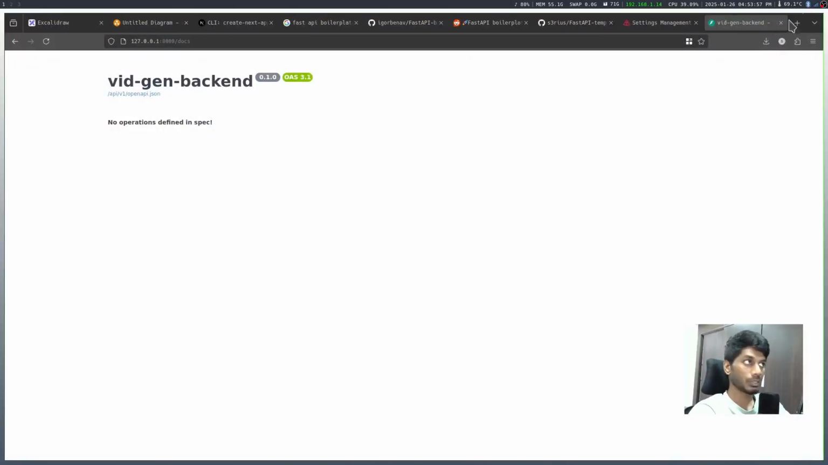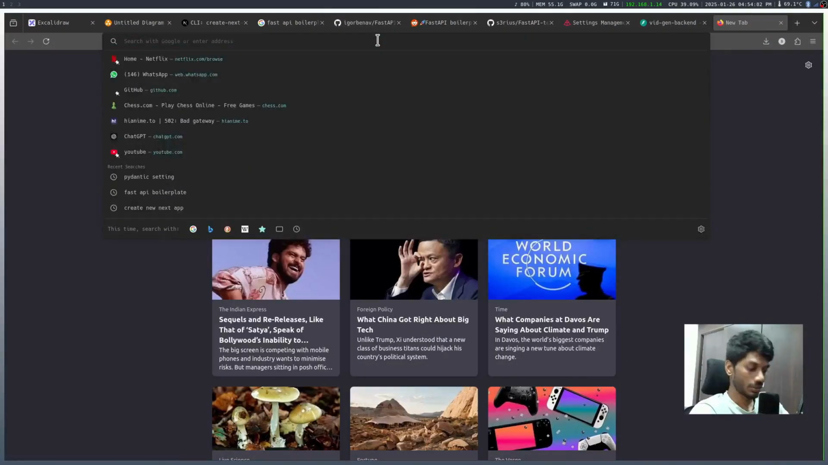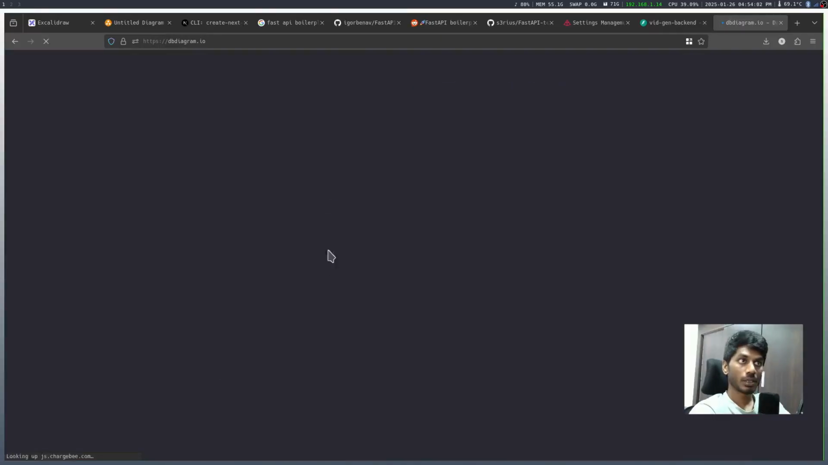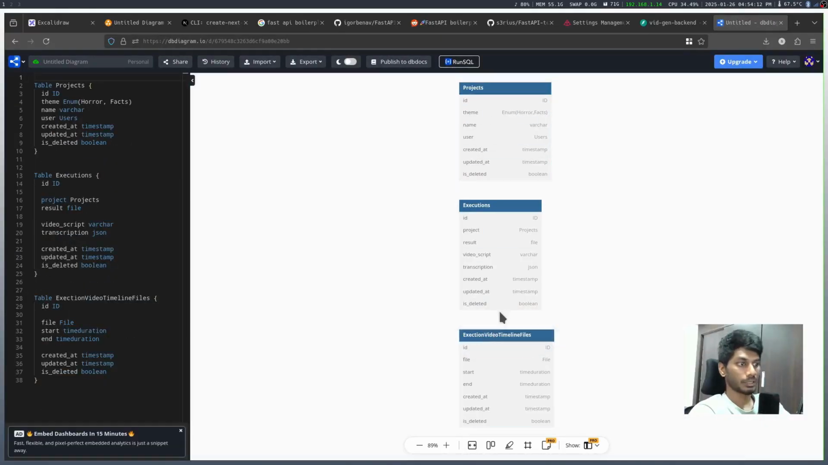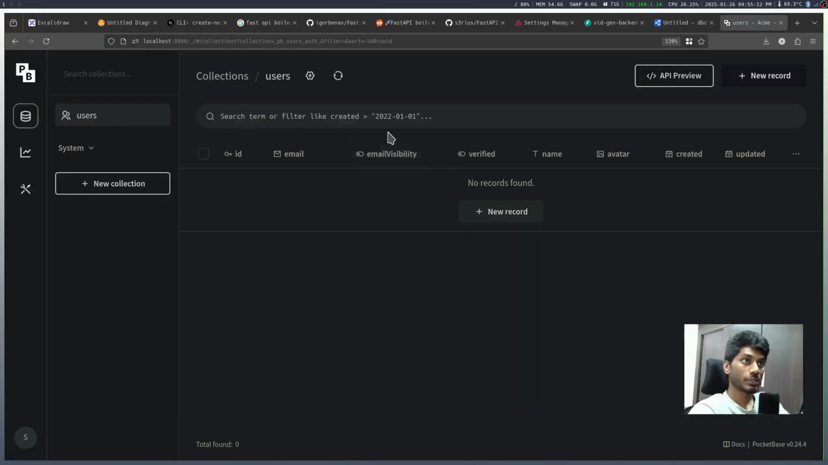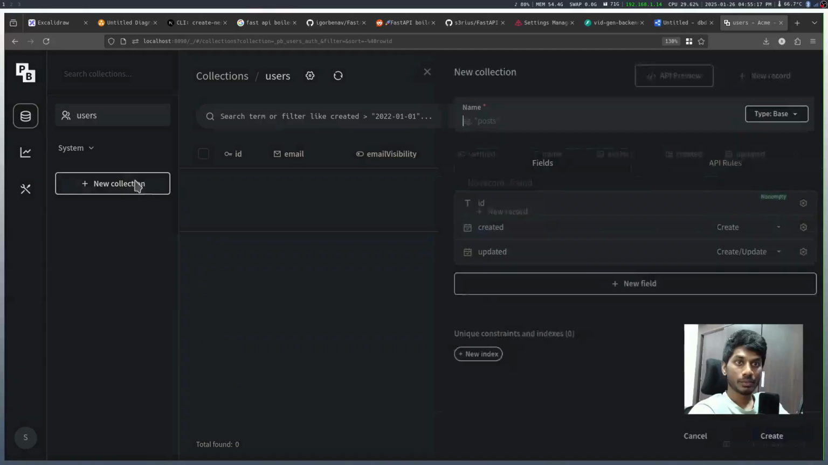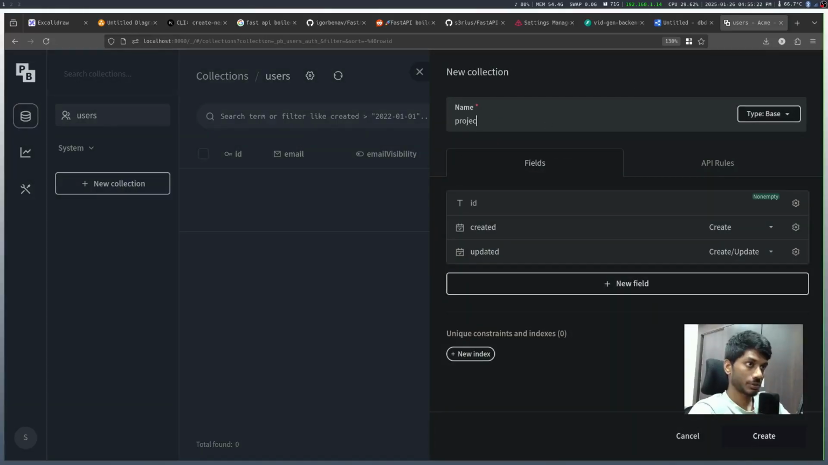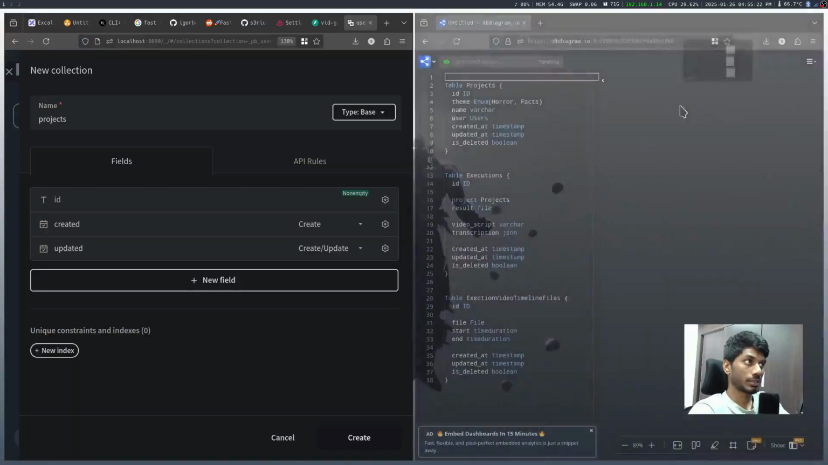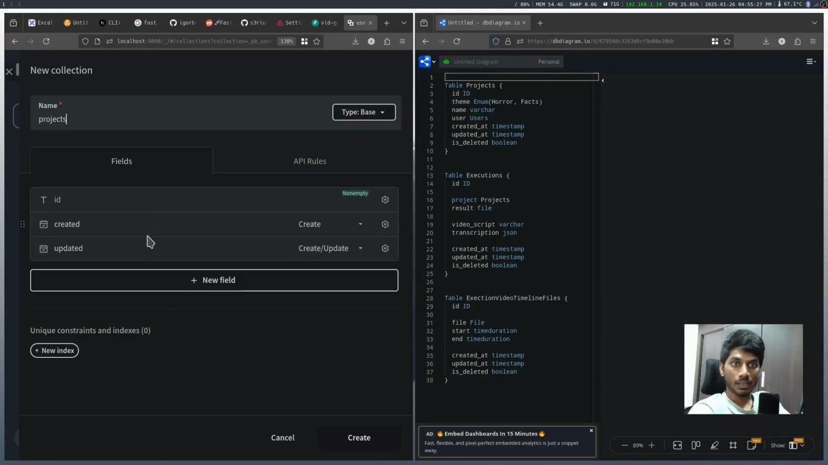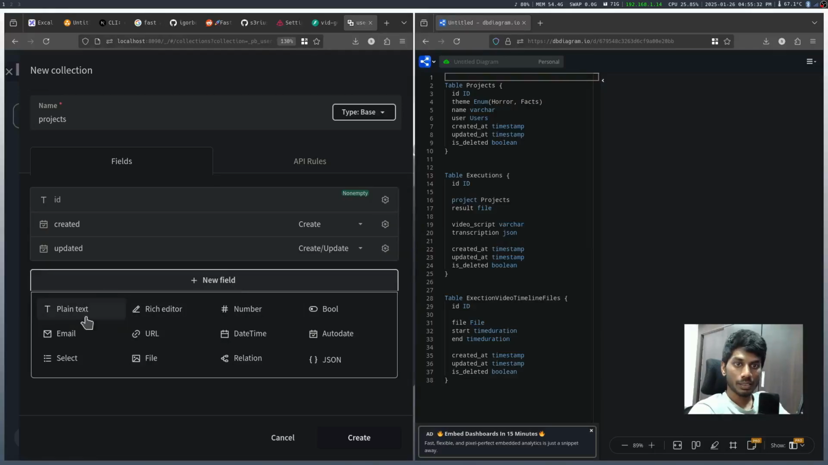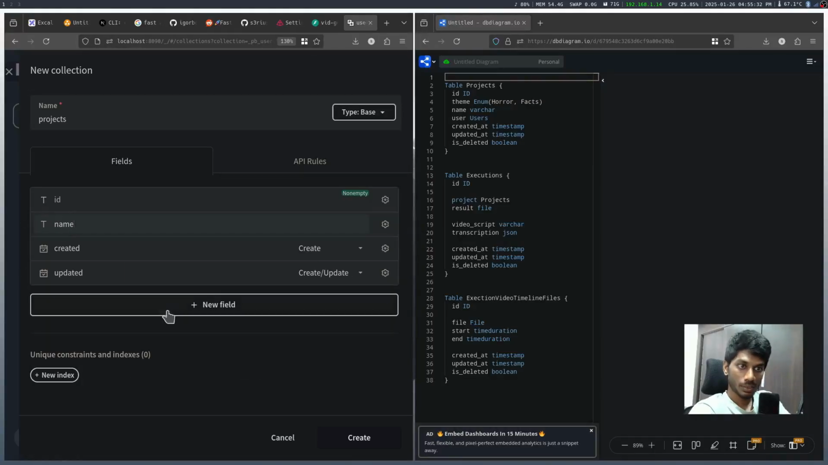So for the Pocket Base, the structure that we talked about yesterday was on dbdiagram.io. Yes, projects, executions, and video timeline files. So let's create the projects file, and then we'll talk about the executions in a bit. So we are now logged into Pocket Base. Let's create a new collection that is projects. Let's keep this on the side, and ID and other things are present. Let's create plain text for name. Create one more